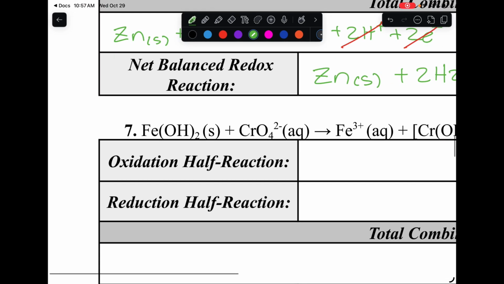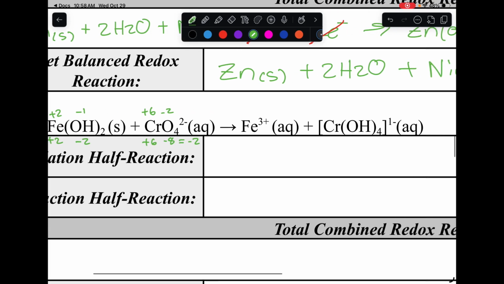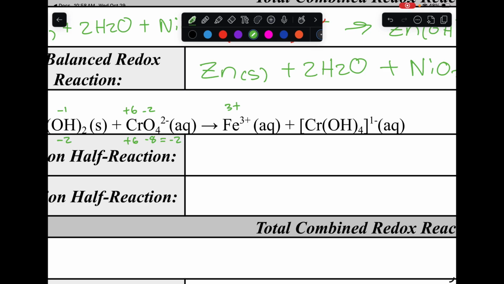Iron hydroxide. We've got -1 from the hydroxide, total of -2 from the 2 hydroxides, which means this iron is a +2. We have -2 from each oxygen, total of -8. We need to equal -2, which means this chromium is a +6. This iron is a +3. -1 from each hydroxide, total of -4 from the hydroxides. This chromium hydroxide, nasty little business here, is a total of a -1,